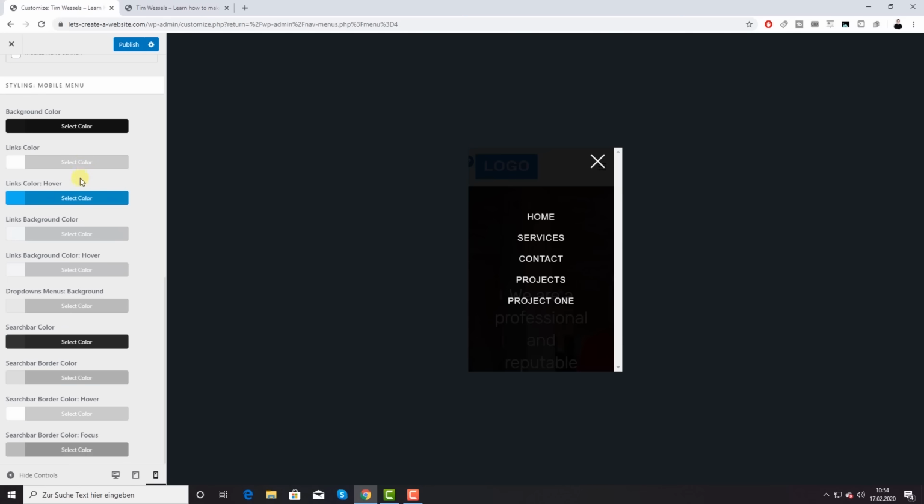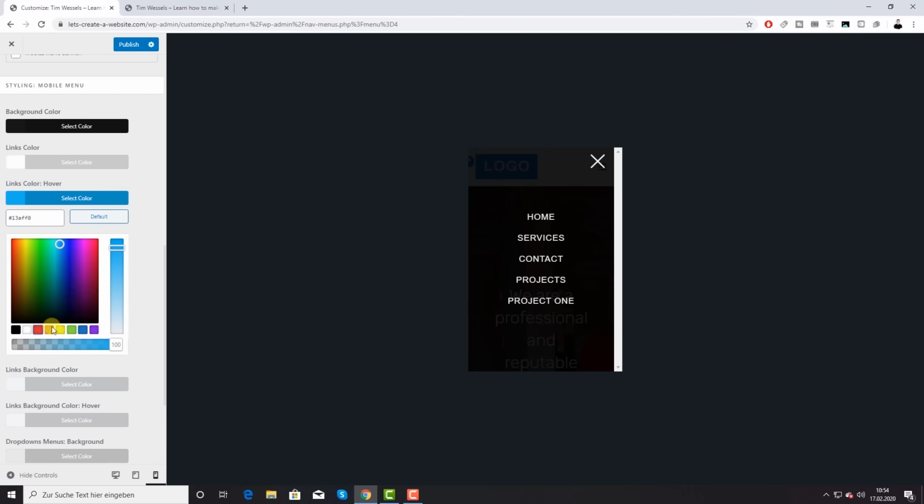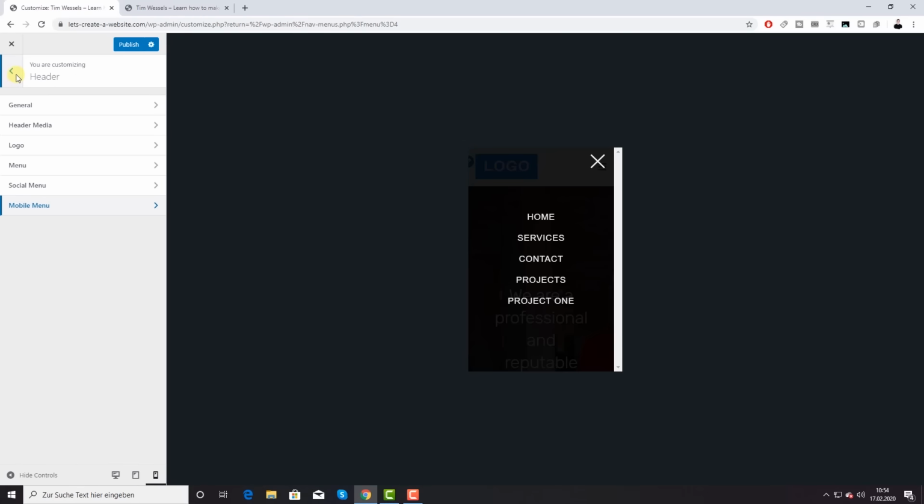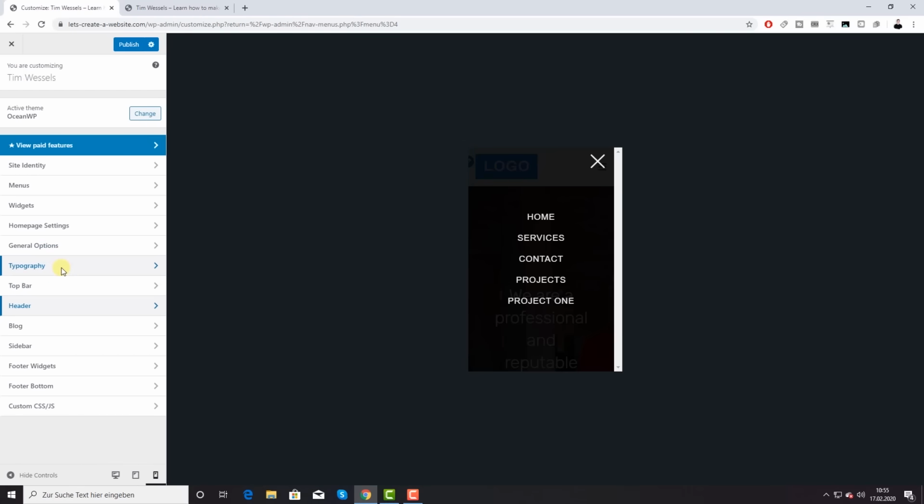Okay. The links hover color doesn't really make a difference because you don't really hover with the mobile phone. But if you wanted to, you could change it to red, and then when they hover over it, it changes to that color. It's almost the same as for the normal menu. Okay. Links background color, we don't want to change it. Links background color hover, also not. And the search bar is disabled. Yeah, that's it basically. We can even go back here and go back once more and then go to typography